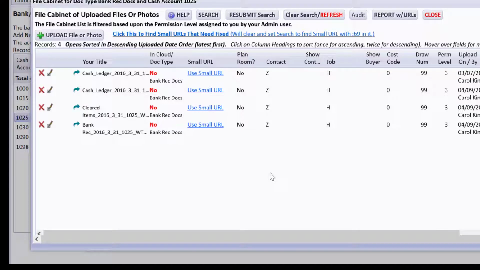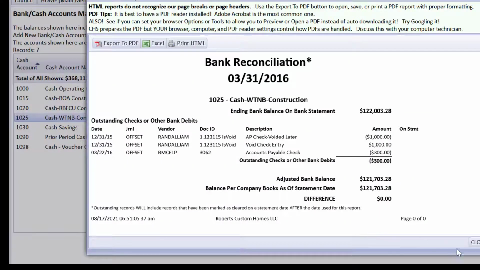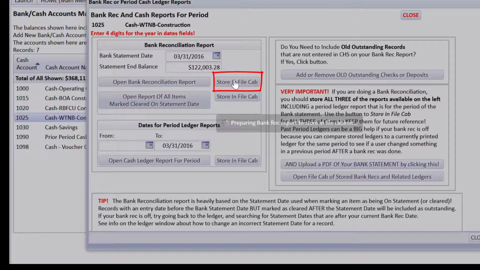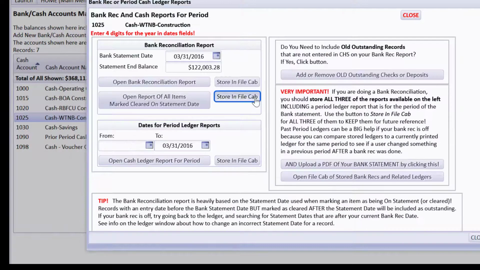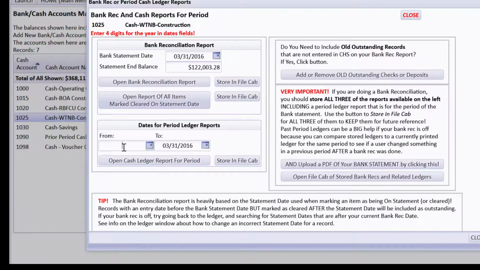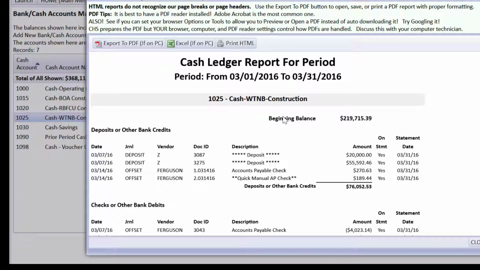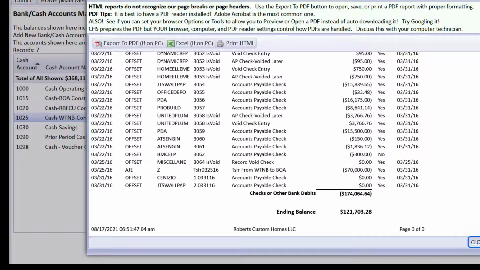I just deleted all of those really quickly so that you didn't have to just watch me doing that. But what I'd like you to know is that now you should take this Open Bank Reconciliation Report and store it in the File Cabinet again. Change the title so that it's real clear when you look at it in your File Cabinet. And I'll store these real quickly without actually doing anything except saving and storing them. I'll get another ledger. And if I open the cash ledger for the month, you would see that actually the beginning balance changed because I affected stuff in December 2015. So that's why it's really important to go ahead and get this one stored.